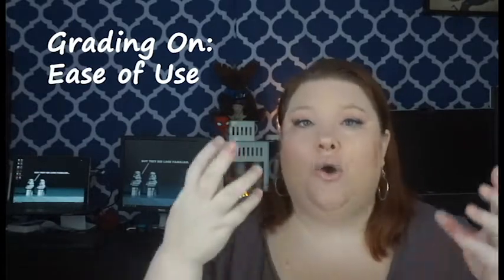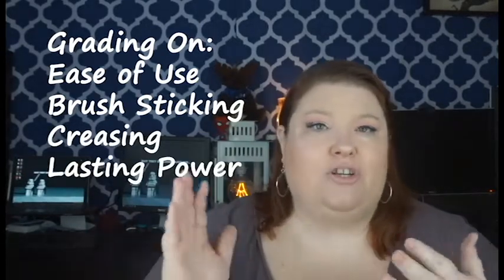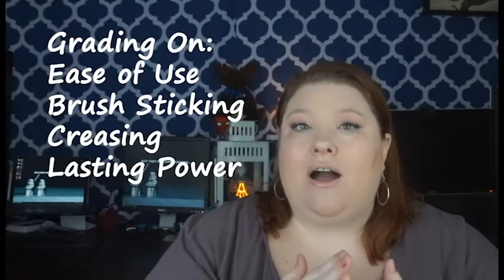I'm doing this by myself because I did all the testing myself. I am grading it on how easily you can blend the eyeshadow once you put the primer on. Does your brush stick? Does it make it crease at all? How long does it last? I would check every day at 1 o'clock. Usually I'd put my makeup on around 8 in the morning, and then at 1 o'clock I would check again